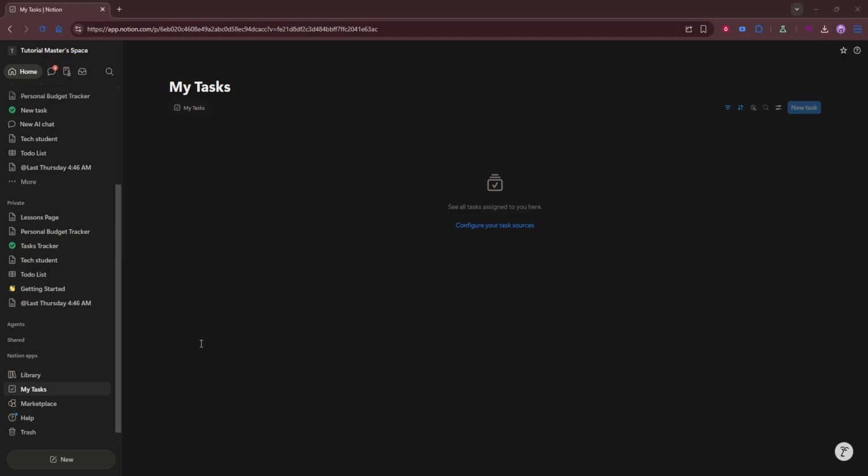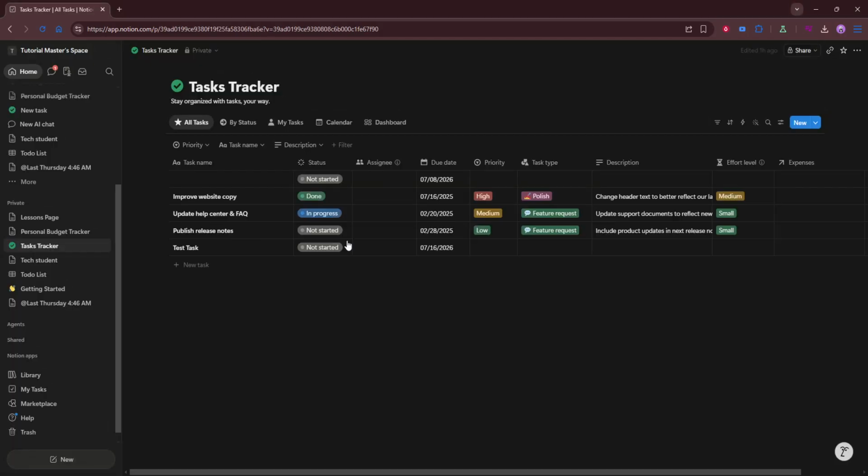To begin, open a Notion page or database. You can either start from an existing workspace that you already use or create a new page if you want to build this from scratch. The main goal here is to decide where you want your tabbed layout to live. Like, this could be a project page, a dashboard, a team workspace, or any section where multiple types of content